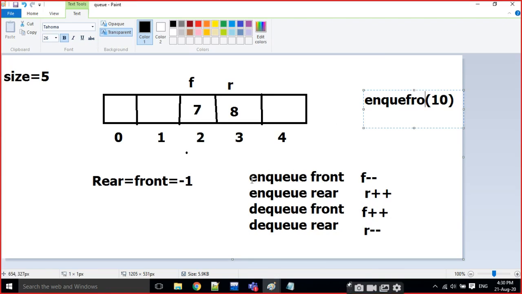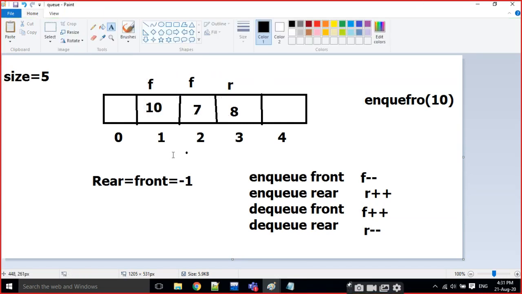What will happen? F is going to be minus minus and we have to place the value at F. F becomes 1 and here I am going to place the 10.